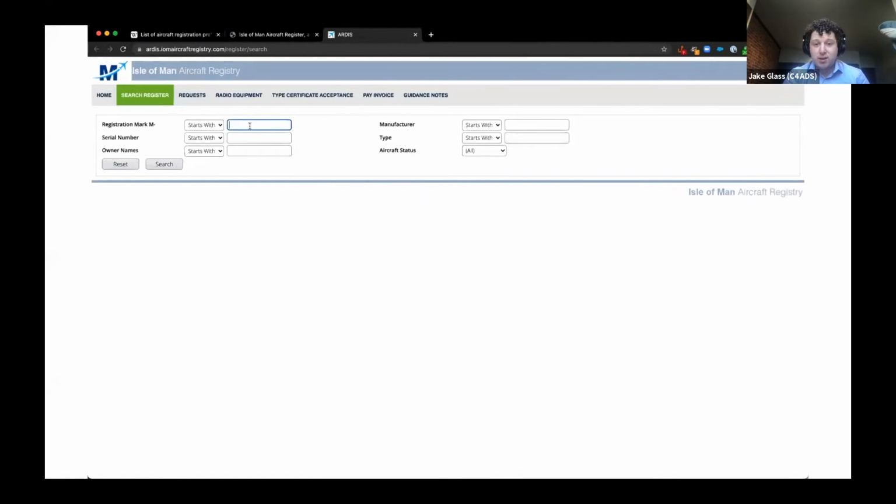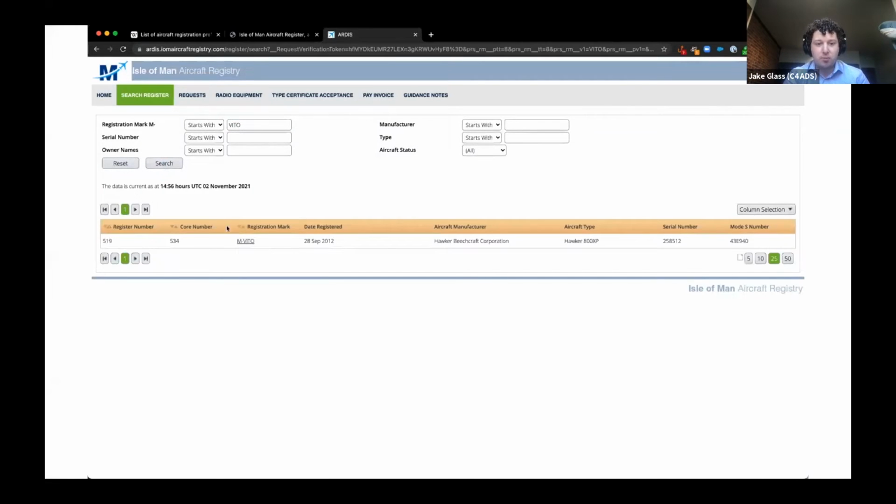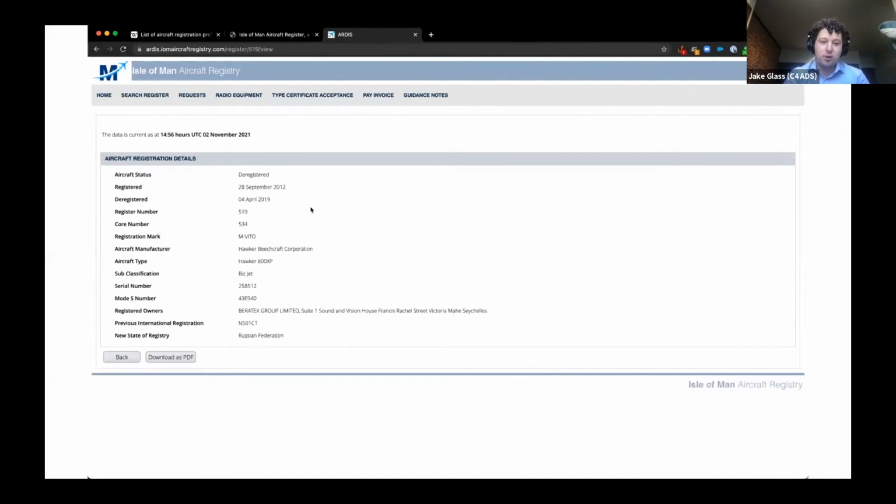And I click into their database. It's actually quite nice. It lets me search on registration, serial number, and also do owner name searches, which is very useful. So if you suspect that a plane is registered in a jurisdiction, you can jump in here and search by owner. So the aircraft status, of course, is deregistered. And the good news is they actually tell us what country it was exported to. So in this case, it's the Russian Federation,